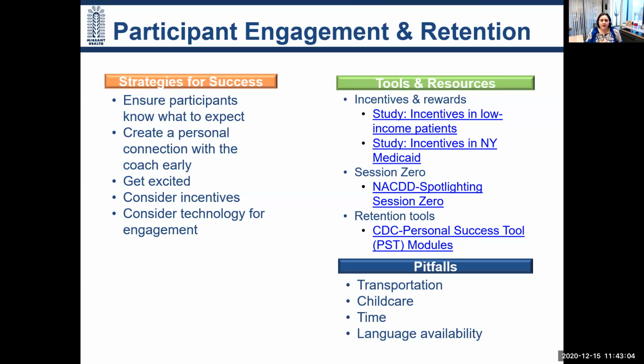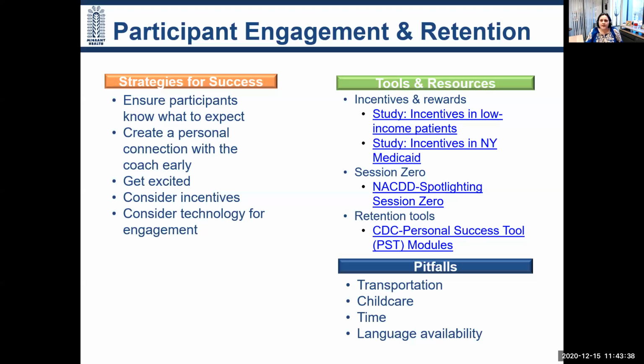Other programs that we're considering are incentive programs to really engage people, things like potentially coupons or some sort of activity, maybe a discount for a health club, things like that that would activate the person and make sure that they continue to maintain that activity within the program. And then, as we mentioned earlier, the opportunity to leverage technology to make it as easy as possible for people to participate. Those are strategies that really have helped us to be more successful or can create more success for your program moving forward.